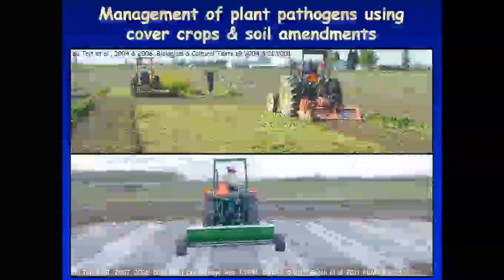But with the combination of using limestone for a couple of years preceding a spinach crop, and then recognizing the susceptibility of some of the parent lines you're planting, we've been able to significantly reduce the crop rotation interval from 10 to 15 years down to potentially half of that, which potentially could double our spinach seed production in the U.S., because the only region of the U.S. suitable for spinach seed production is Western Washington and Western Oregon. That's it. So it's limited, and if you have these diseases that keep you on extended rotation like that, that's quite a problem. So I'm going to show you some examples.